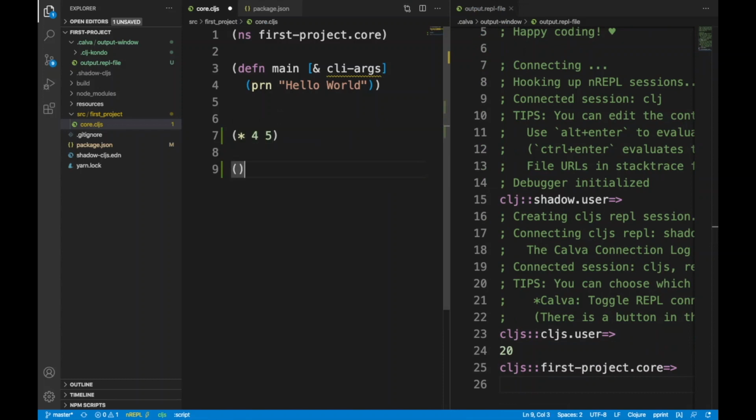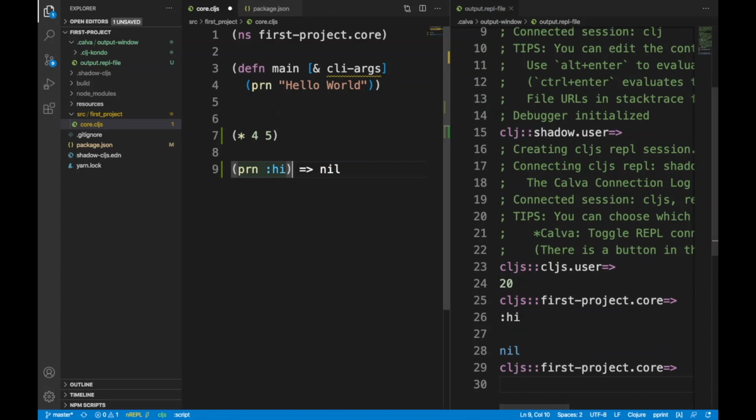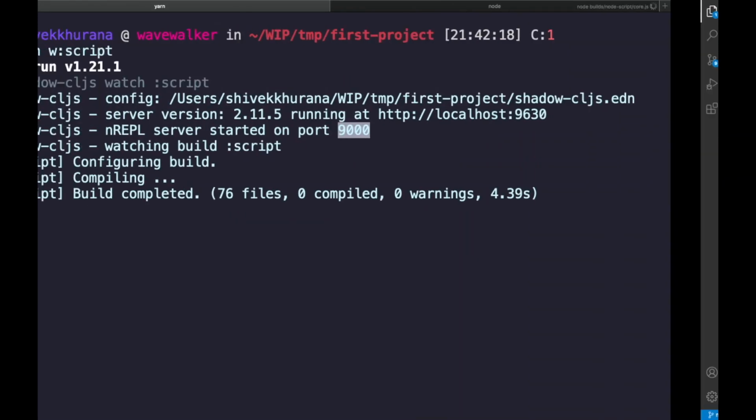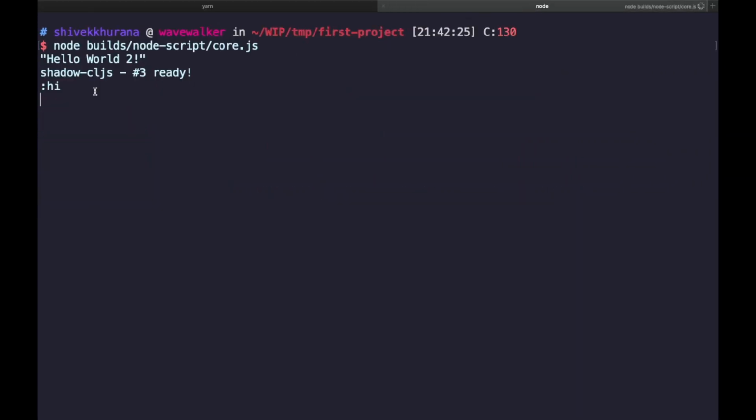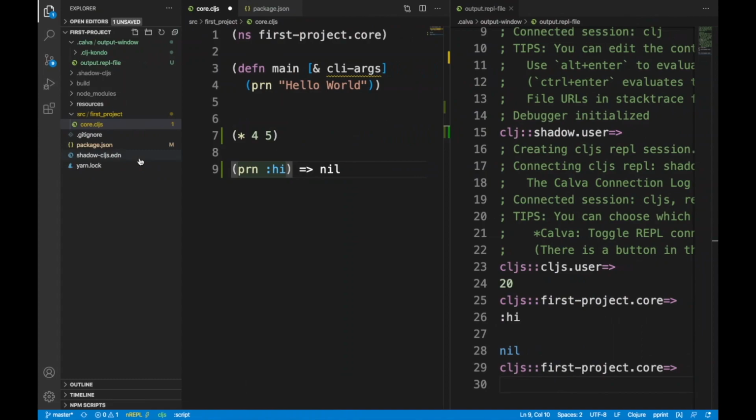Next, try and print a message to your runtime, i.e. the Node script running in the terminal. Evaluate (println :hi). This should flash nil in your editor, but if you go and check your terminal, you would see the keyword :hi printed. Calling inline eval with the command menu each time might be tedious. We recommend that you assign the shortcut Ctrl-X E or Command-X E to run this command.